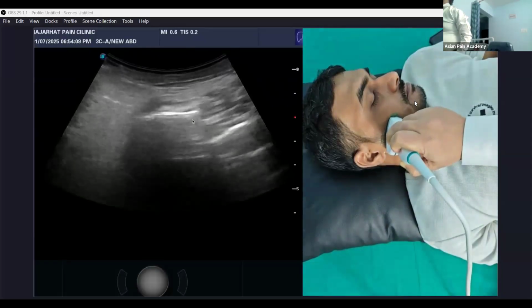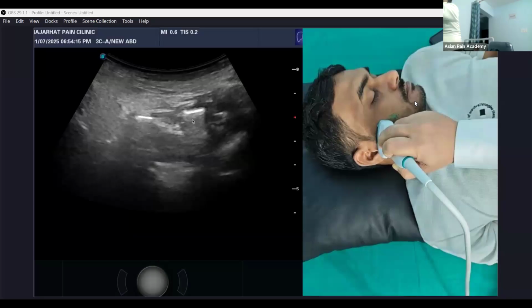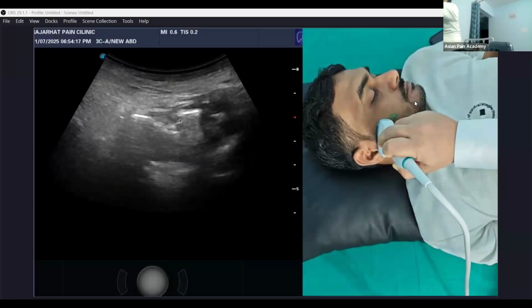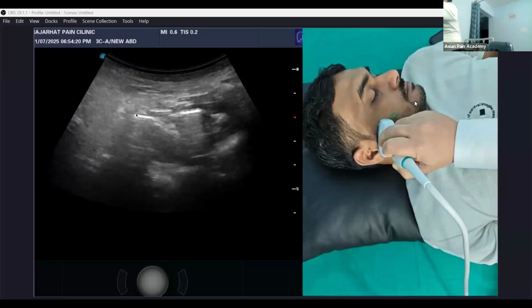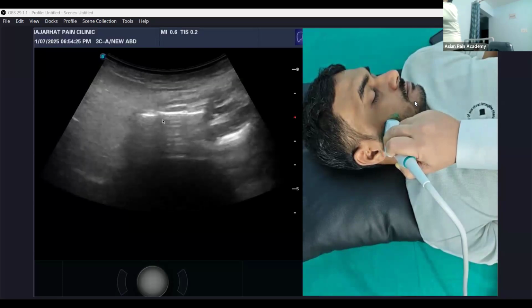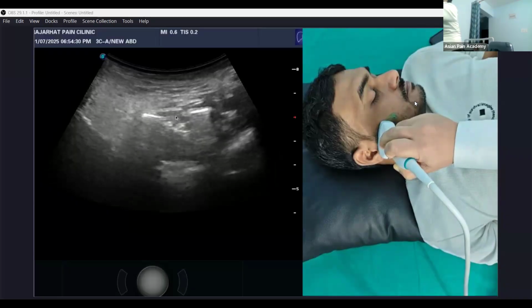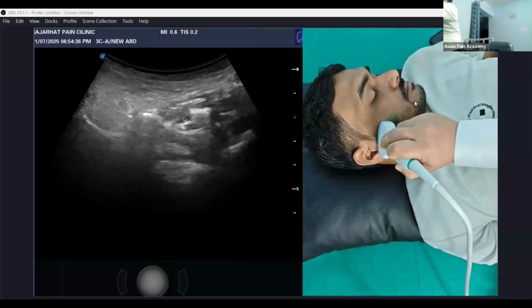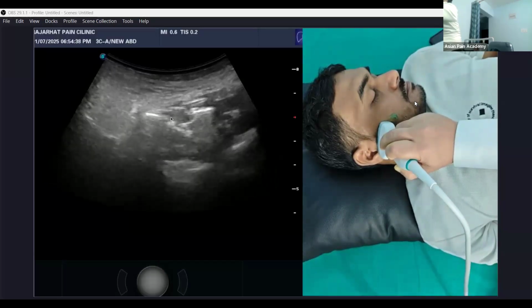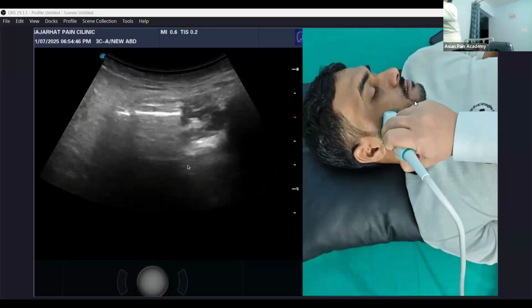Okay. If I go a bit up, you can see two parts of the ramus, when you see the gap forming between the two. This is the condylar process. This is the coronoid process. And below, this is the ramus of the mandible. When I go a bit up, then this is the condylar process, coronoid process. Between these, I will also be able to see the pterygoid plate. But if I go a bit anteriorly,